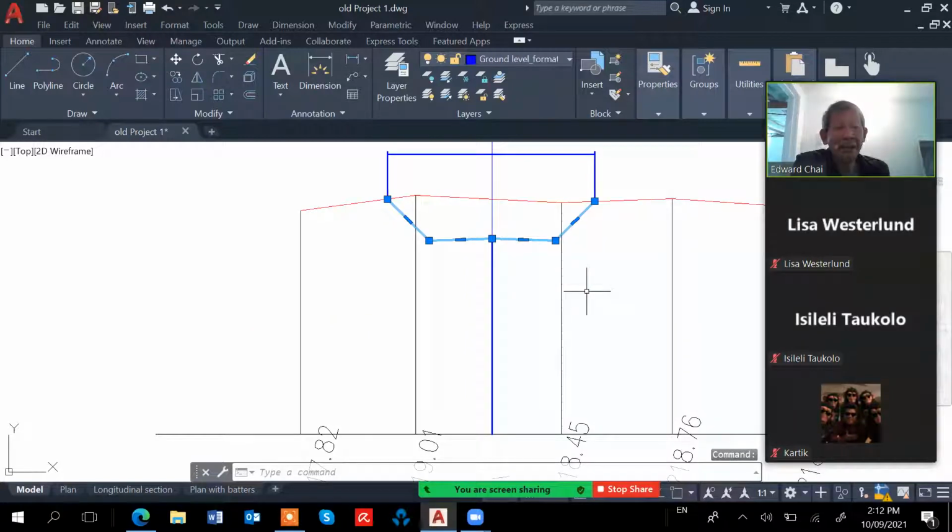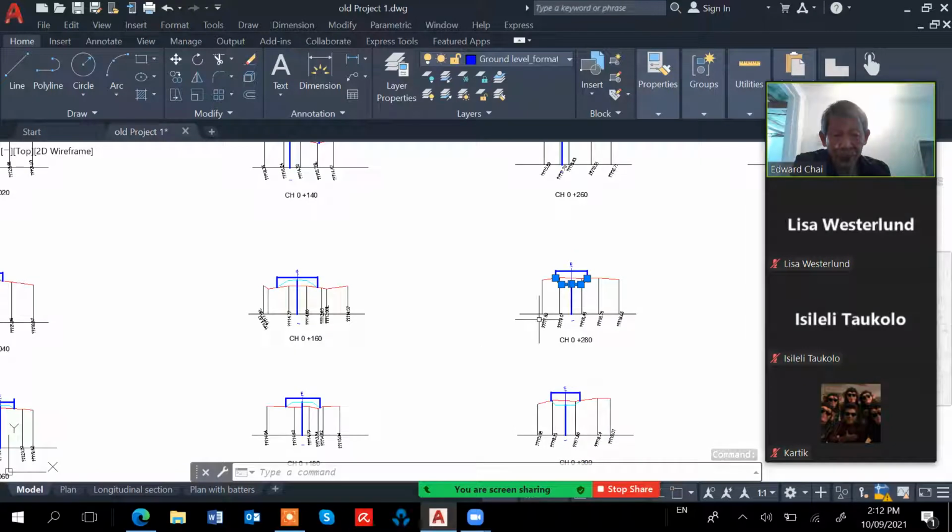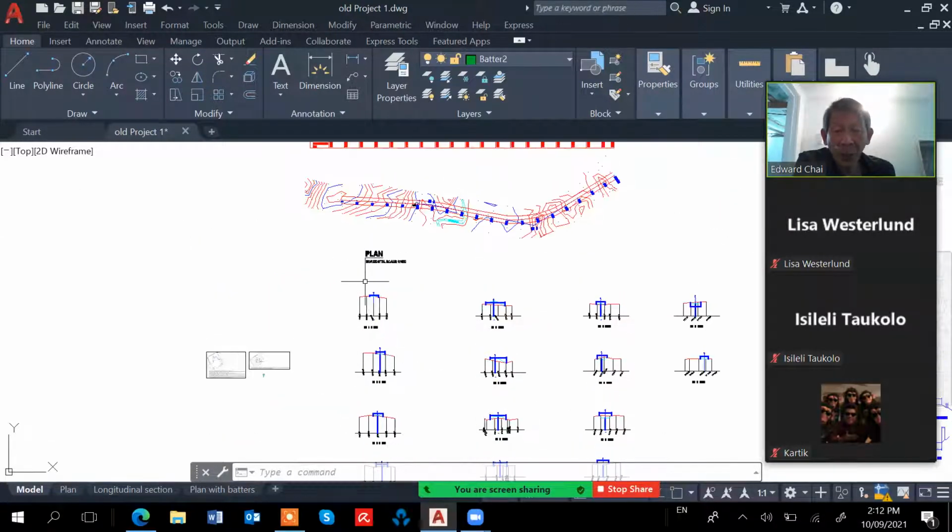So this one is a cut. Okay, the cut. Sometimes you have a cut and fill. I gave you this because one side is cut, one side is fill. So that one you can use the relevant one. Okay. So for each one,